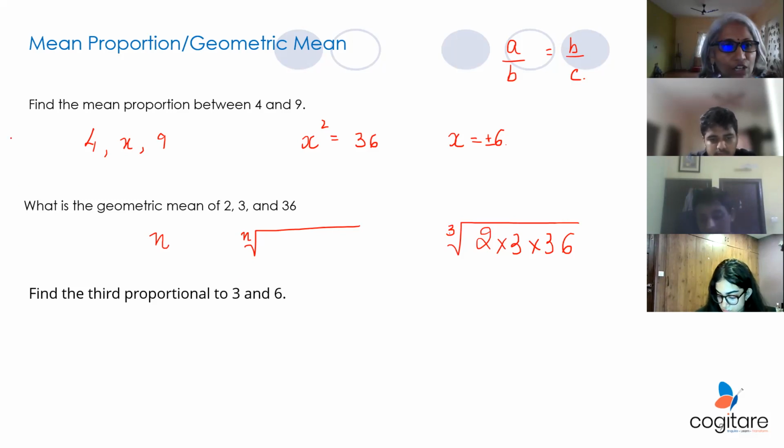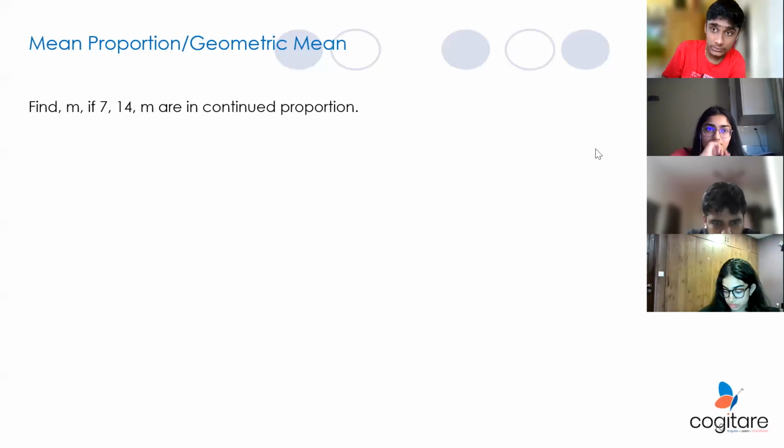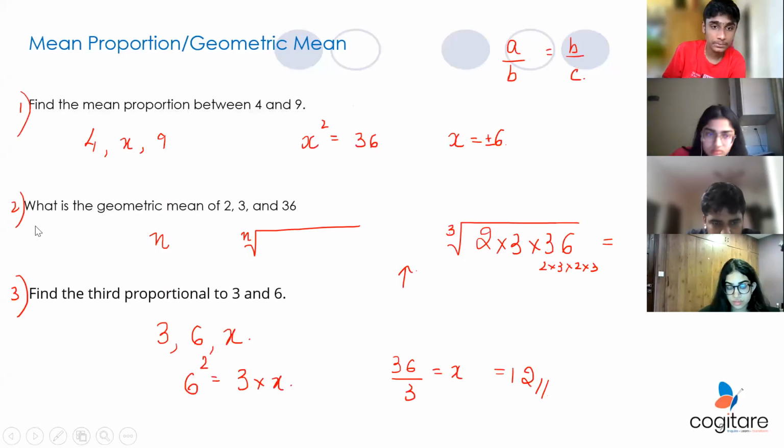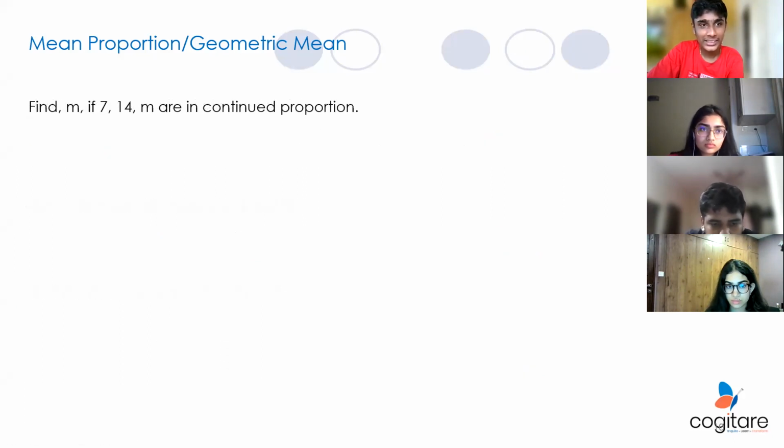Clear? Work on that. And the third one, I'll pause the recording. Resume. Kavya, only focus on question number 2. The geometric mean of 3 numbers: you multiply all the 3 numbers and find the third root. Similarly, find the nth root. Work on it and ask. Guys, next one.